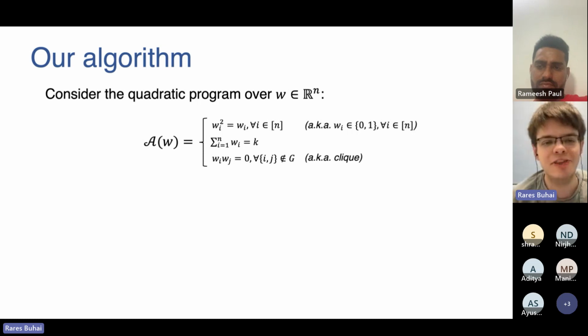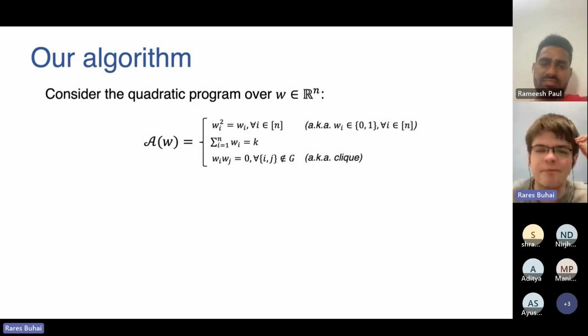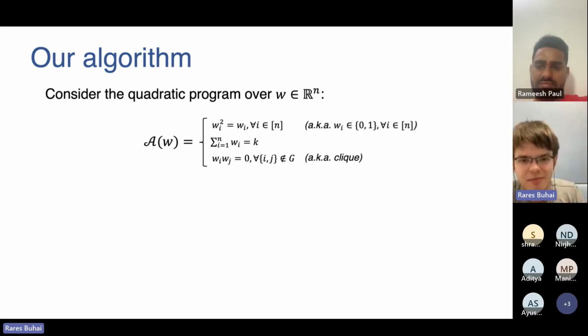So if you could actually solve a quadratic program, you could solve the max clique problem, because this finds a clique in an arbitrary graph. So of course, it's hard to solve this program. But it turns out that taking some sort of relaxation over this, like a sum of squares relaxation, does something useful. The main steps of the algorithm are, and it's fine if for now you don't fully understand what this means,